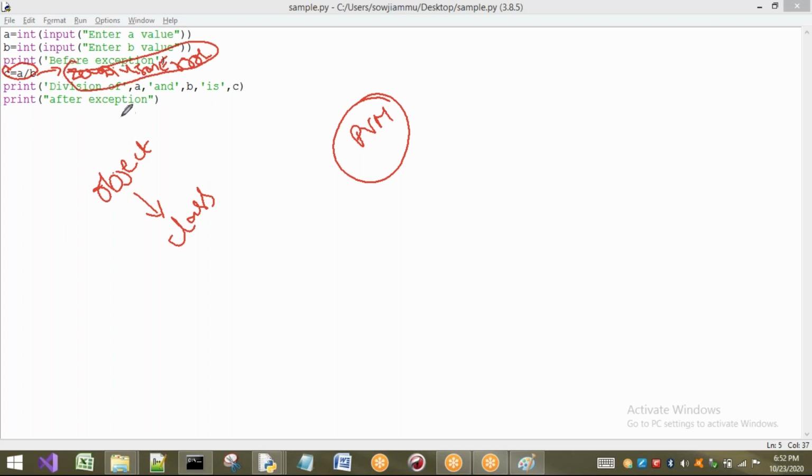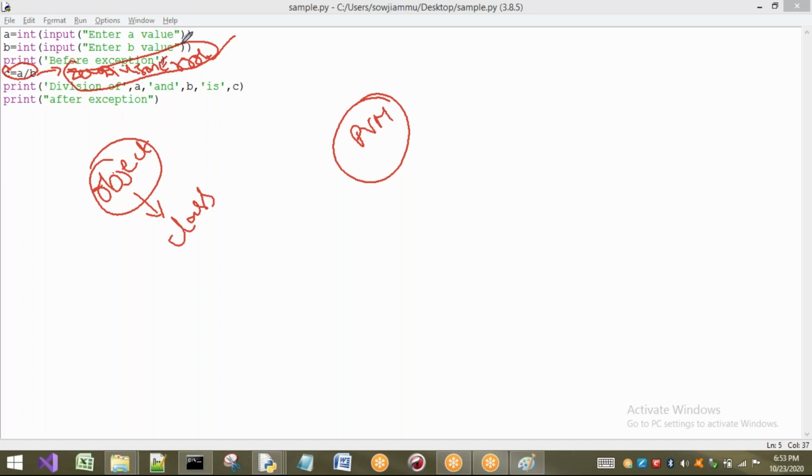So the object is going to be created, and that object is of type ZeroDivisionError. That means for every exception type, there is a corresponding class available in Python. For this exception, ZeroDivisionError, I have one class called ZeroDivisionError.